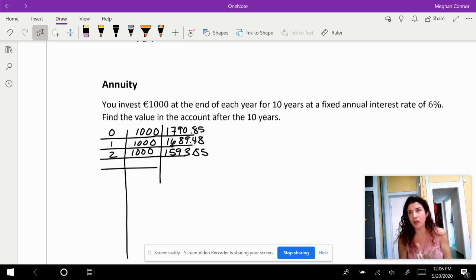And this is the more logical, reasonable, normal thing that people do. People don't normally put in 10,000 euro into a bank account and then just let it sit for 10 years. They probably put it in installments over 10 years. So the only way that it changes